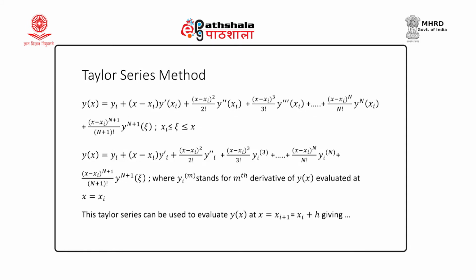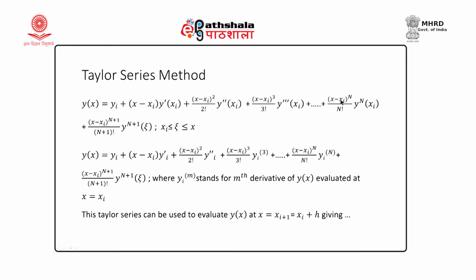So, what is the Taylor series? Let us review it. See, y is a function of x. If we express the function y at the point x using the Taylor series in powers of x minus x i, what we get is y at the point x is y i plus x minus x i into the derivative of y at the point x i, plus the second degree term, x minus x i raised to 2 by 2 factorial, the second derivative at the point x i. Next is x minus x i cube by 3 factorial, the third derivative at the point x i, and so on